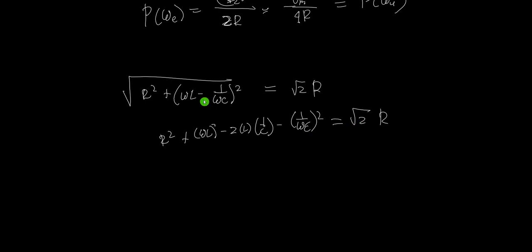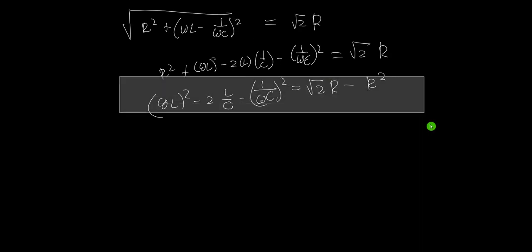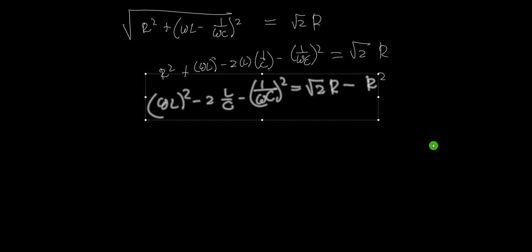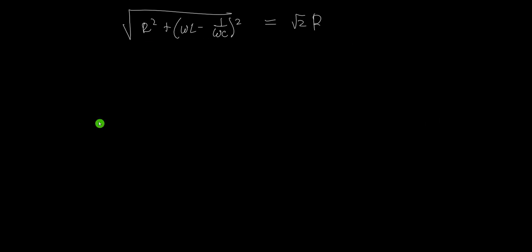Then, so there are 2 values. Omega L squared minus 2L over C minus 1 over omega C squared is equal to the square root of 2 times R minus R squared. Or this should be, I forgot to put the square root. If you continue to solve this one, you can just put the values for omega 1 to minimize the time